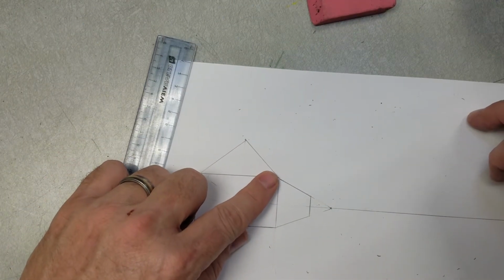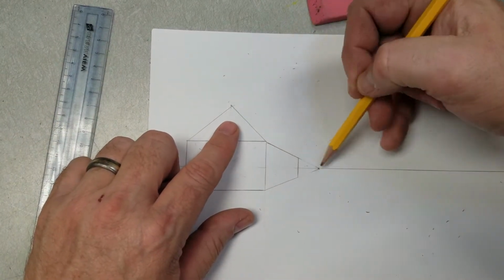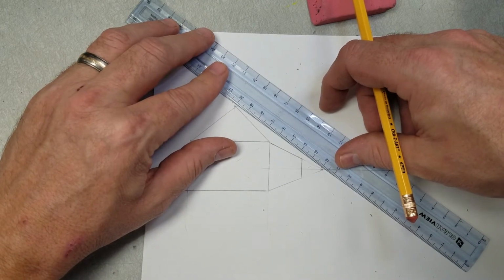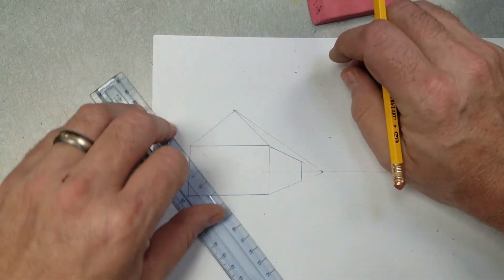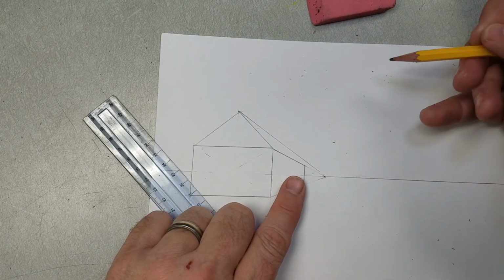Well, just like we did on the triangle before, you're going to go from here to the vanishing point. That's going to give you that correct angle, look, and slope of that roof. Okay, so we're going vanishing point and peak. There we go. Now, that roof cannot go on forever, and if I told you to cut it off, some